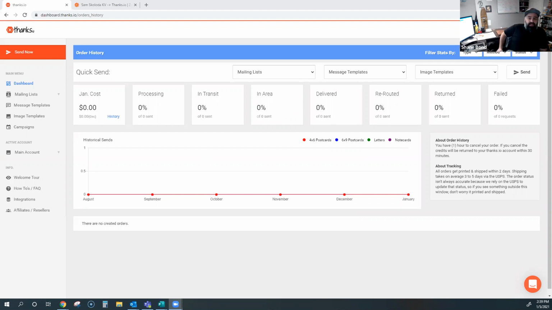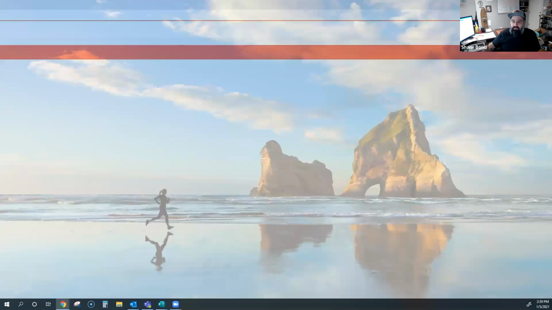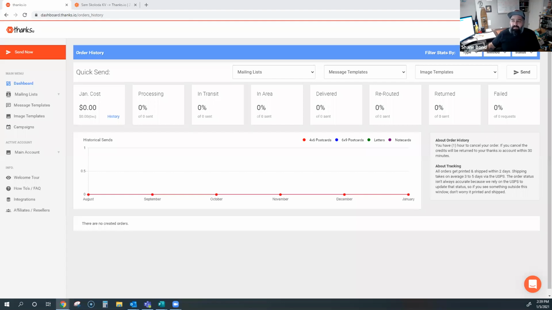There are a couple things that I like about Thanks, and I've used a few of these postcard mailing services in the past. A big problem is that a lot of them are very manual, right? You have to go in, upload your list, and send it and that sort of stuff. What I like with Thanks is that I can set it and forget it, as well as being able to pull